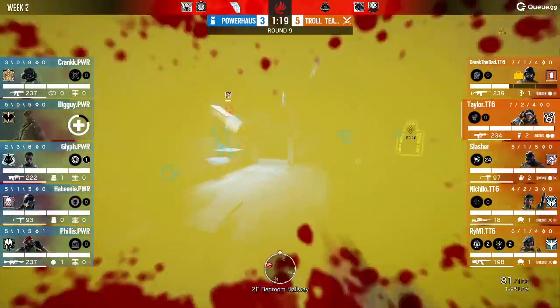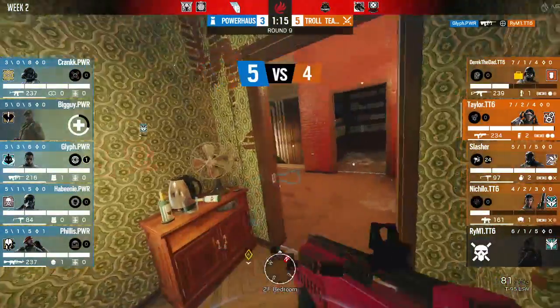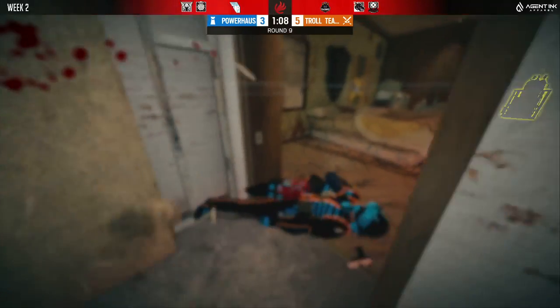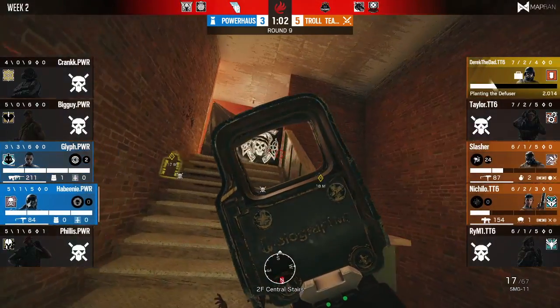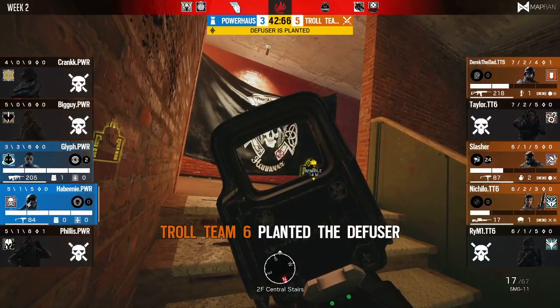We are going to see Big Guy get down, though, and now we're going to see Ying push up through bathroom using her Candelas to her advantage, but Glyph is going to find a kill onto Ryby. And we are going to see Niccolo find a kill onto the gate on main stairs, but Taylor's going to fall. A flurry of kills come out, and left standing is going to be Derek as he's planting the diffuser, and Glyph and Habini kind of stuck in place, now moving to retake